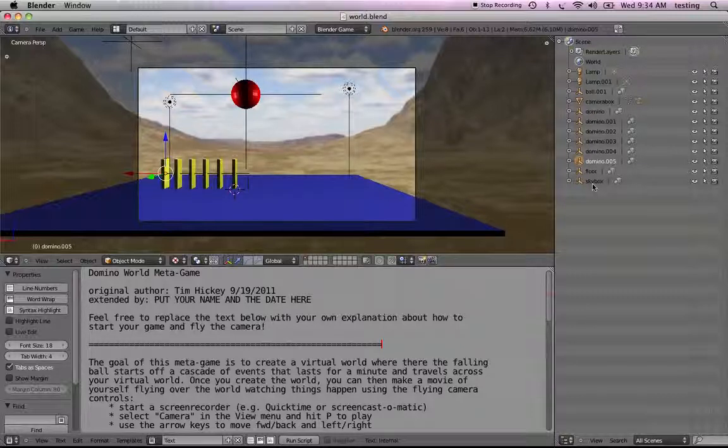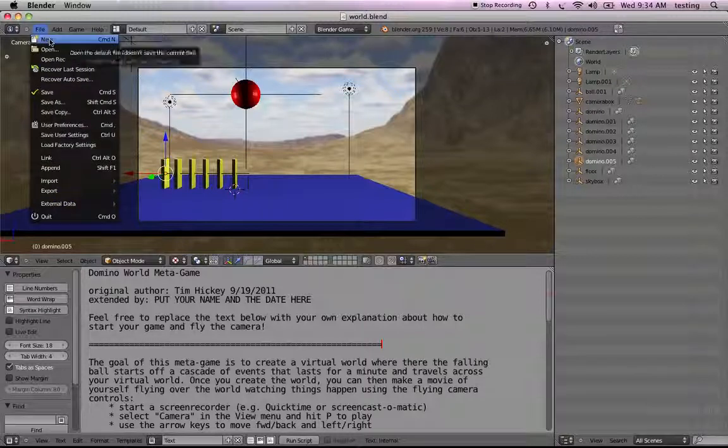So let's do another thing. Let's add a ring, like an inner tube, and make it bouncy, so it'll drop and bounce around. Okay, so to do that, we go New. So we're going to start absolutely from scratch. File, New,